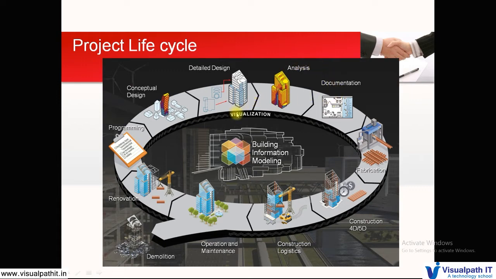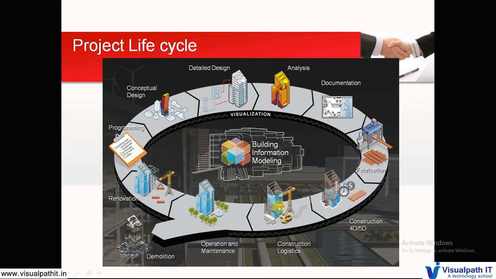Revit can be used for some visualization purposes in the modeling part, but not for the animation part, which you saw when the flowers were moving. That is not possible in Revit, but the walkthrough can be done in Revit, which I have explained to you. Once the documentation is done, you get the quantity. Once you calculate the quantity, which we do in estimation, it goes for construction. Now all these can be done in the software part, the tools part, and the whole process.